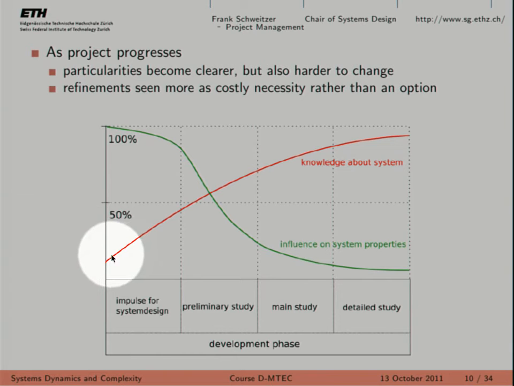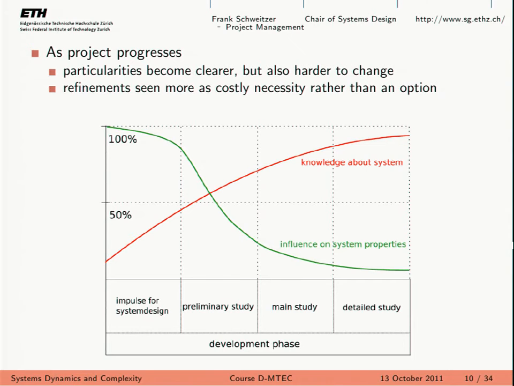So we have, as time goes, okay, this is just one phase, the development phase, but of course it could be any phase. As time goes, your knowledge about the system increases, right? Here you have only basic assumptions, basic cost estimates, basic resource estimates, and then your knowledge about the system increases. Now it's going to cost you more, it's going to take you more time, maybe I'll be late at the end, but your freedom at the end to change something is a lot less, because you've already invested a lot in the project, and this is what we call path dependence. More on this in the coming lectures, but I think this is pretty intuitive, right?